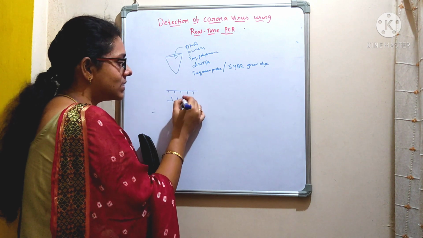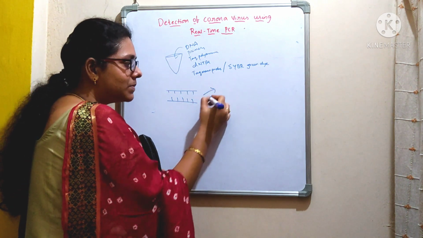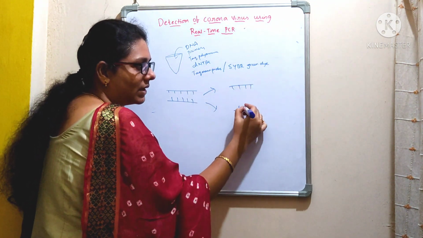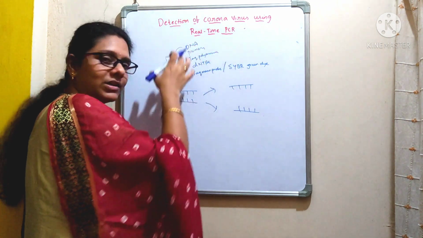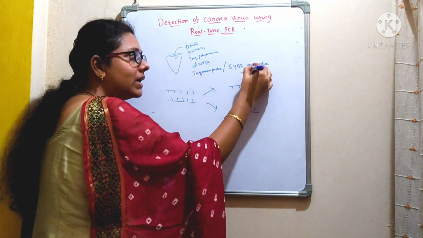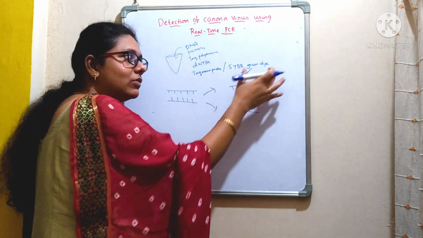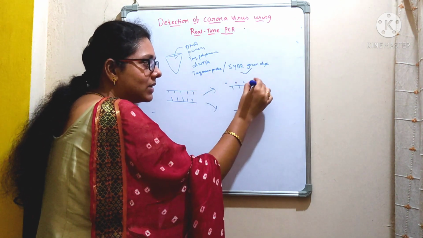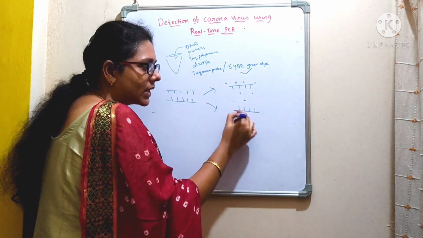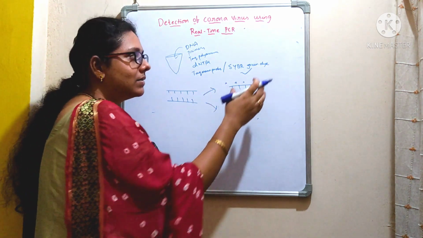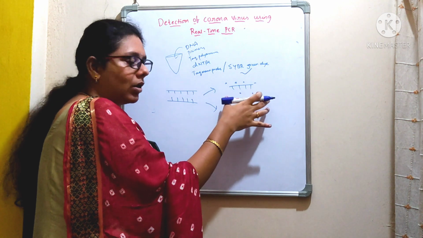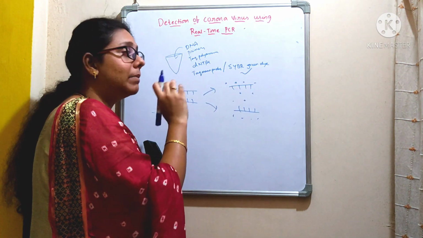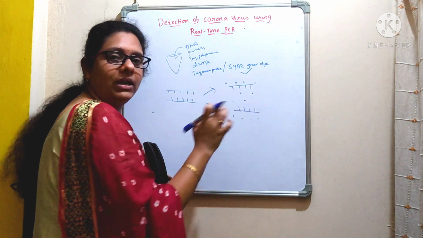So this is the DNA, okay? This is the double-stranded DNA. So when we subject it to denaturation, it will become single-stranded DNA, right? And in this reaction mixture, we are going to incorporate this SYBR Green dye, which will be utilized as a marker. And remember, this dye is an intercalating molecule that will bind within the DNA molecule, but not onto the single strand of a DNA.